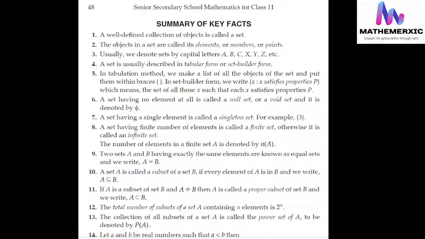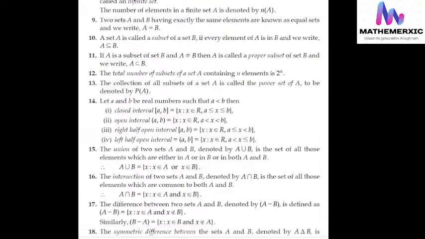Total number of subsets of a set A containing n elements is 2 to the power of n. The collection of all subsets of a set is called the power set of the set, denoted by P(A). Let a and b be real numbers such that a is less than b, then